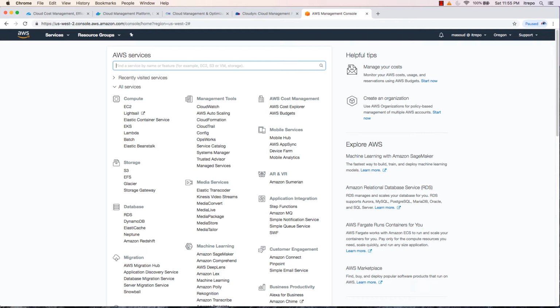In this one, I would like to talk more about cost management inside AWS before moving forward to the compute section and starting to work with virtual machines and spinning up virtual machines inside AWS. I really would like to talk about the way that we can manage costs inside the AWS